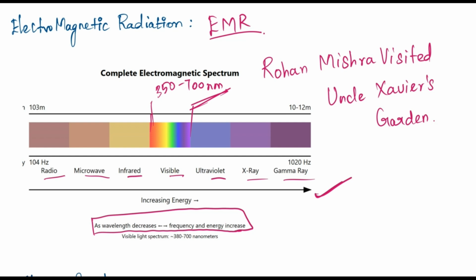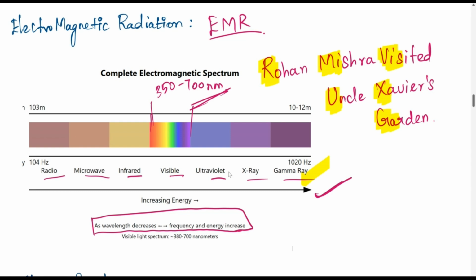How is that related to EMR? Rohan, R for radio wave; M for microwave, I for IR; visited, visible; uncle, UV; Xavier's, X-ray; garden, for gamma ray. Clear? Noted? Now let's move on